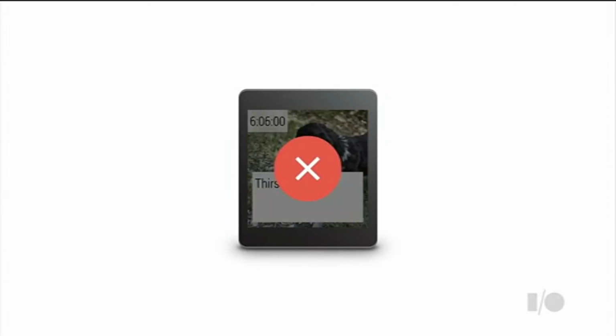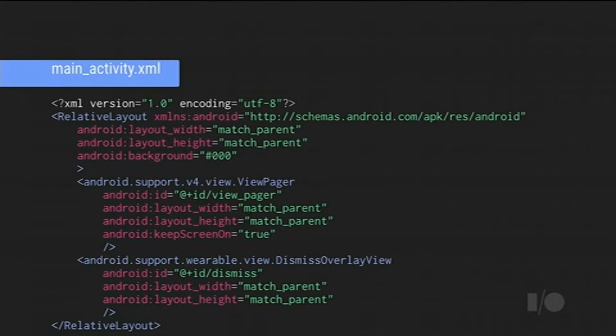Now, I don't want the user to get locked into my activity, though. They should know how to get out. By default, on all Android Wear devices, you can put your palm on the screen to go back to the home screen. But that's not necessarily as elegant as we'd like. We'd like to establish a pattern for these full-screen applications. And what we've come up with is a long press. So when you long press, we're going to bring up this red circle. And then if you tap it, we're going to finish the activity. We've created a support class to make it very easy for you to do this in your own applications.